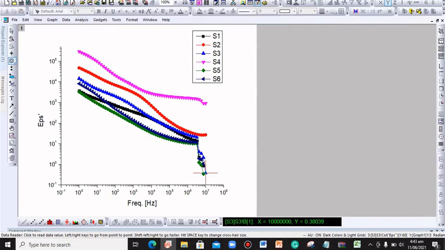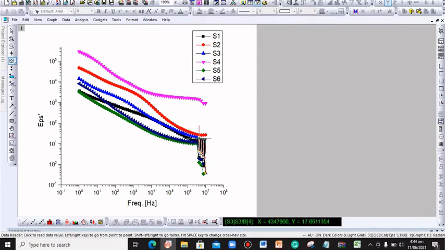You will get an arrow like this. Now you will use the up and down keys of the keyboard to move these data points. Again for the second point you will do the same. For the third point again you will do the same. For moving from one point to another, press the left button on the keyboard.